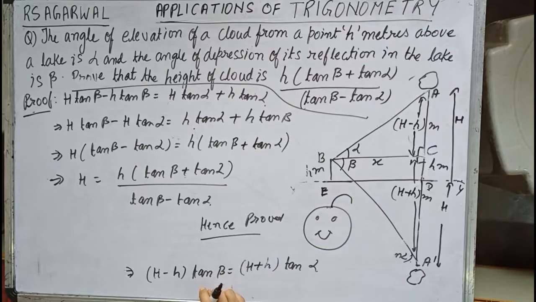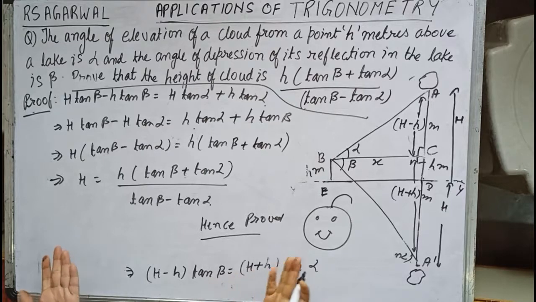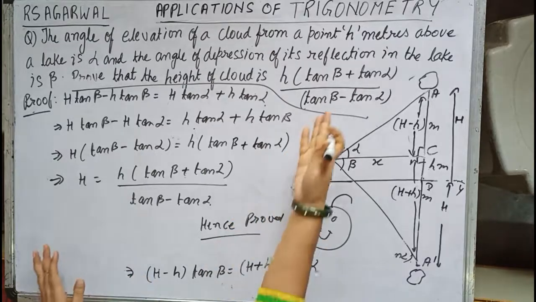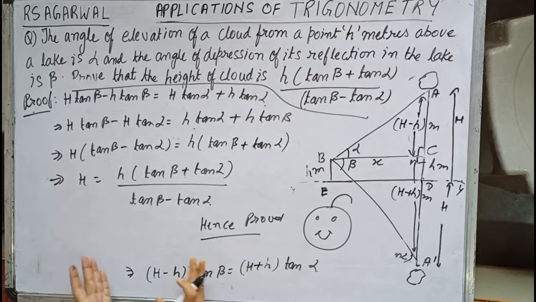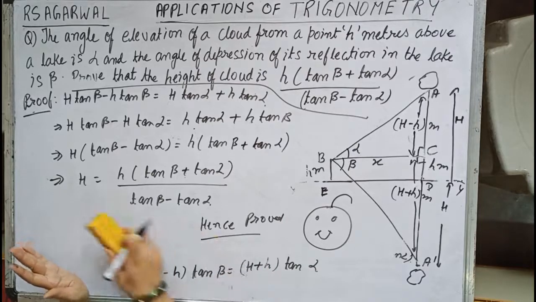So children, practice this question properly. You can use the quad ratio also, and afterwards you can change to tan, but the easiest way is this only. You practice it, understand the question again and again, and at last you do it on your own.